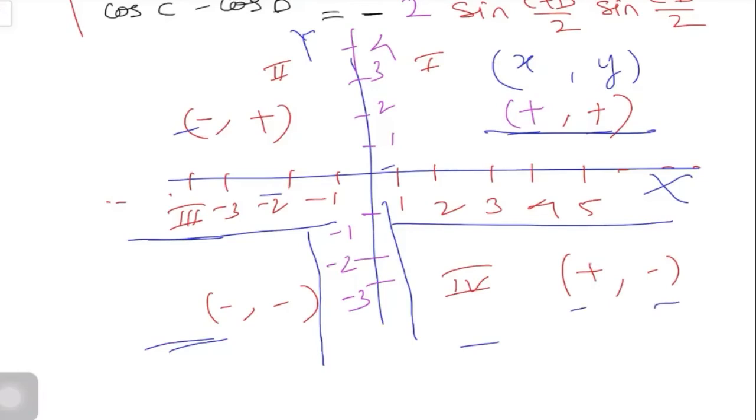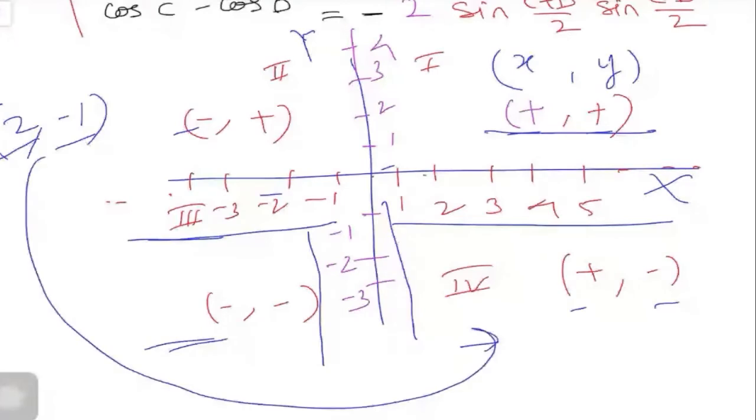Suppose now you want to plot any point on this particular plane. So suppose I give you the point (2, -1). So x-axis is positive and y-axis is negative, so that comes in the fourth quadrant. So you take 2 points on x-axis, first and second point. So this is my 2 on x-axis, and -1 means -1 point. So this is my -1 point. Now the intersection of these two is this, so it represents this point (2, -1). So in that way you can plot any real point on this xy plane.